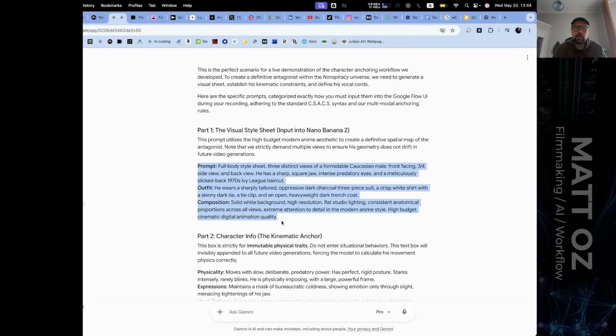I'm not even going to bother to read this one because it's a test. So this is going to go into Nano Banana 2. Now it does sort of say that we need 3 images. And I think what I did last time was, because in the previous demonstration that we showed, each image hallucinated a little bit and gave us different looks.